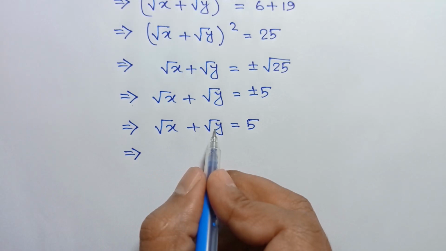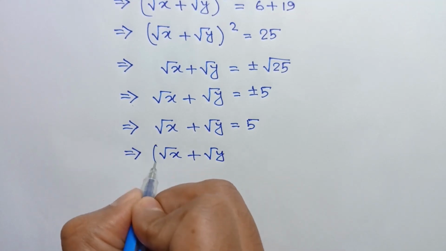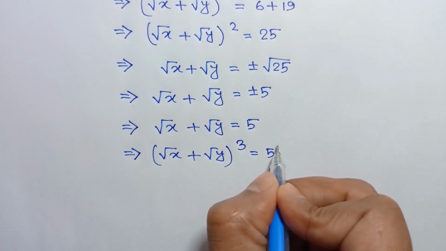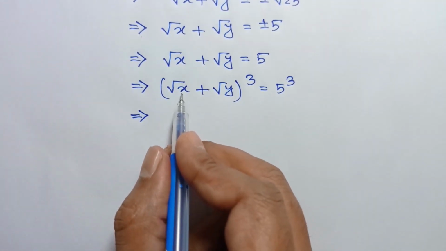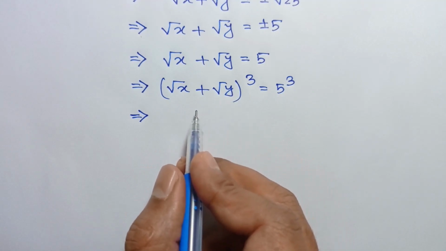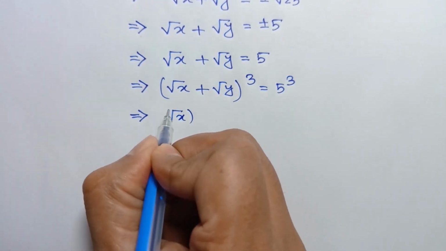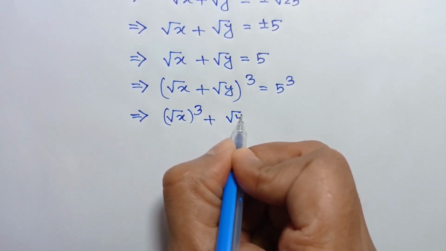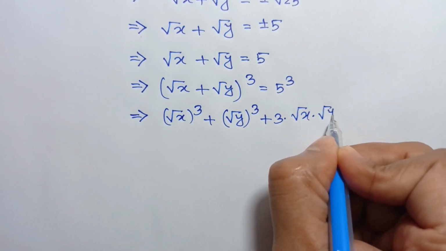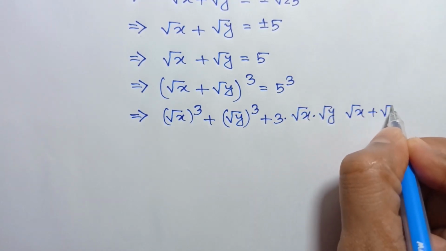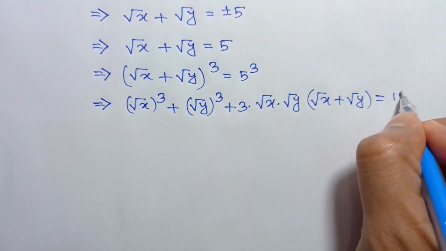or if we take cube on both sides, we can write square root of x plus square root of y whole cube is equal to 5 cube, or applying the formula a plus b whole cube is equal to a cube plus b cube plus 3 times ab times a plus b, we can write square root of x whole cube plus square root of y whole cube plus 3 times square root of x times square root of y times square root of x plus square root of y is equal to 5 cube, which is 125,